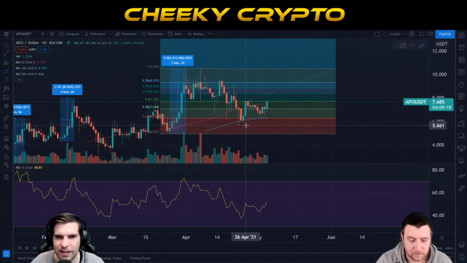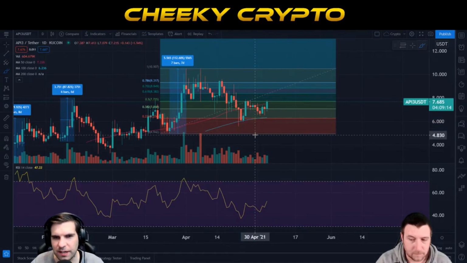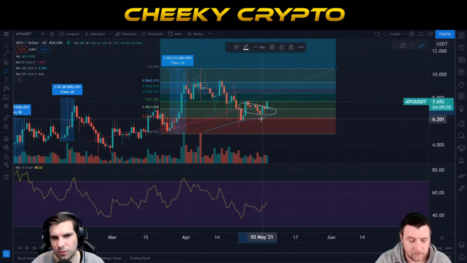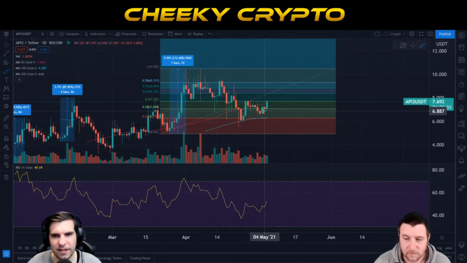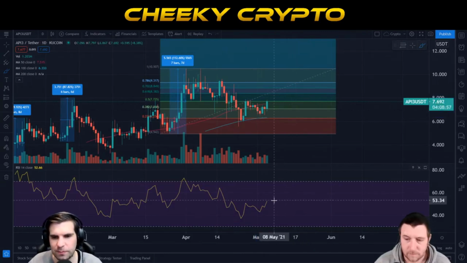Now, ultimately down here, we actually found good support on the 100 moving average just there. So that was good support. That pushed us right up to that upper limit where we found resistance up at the 50% retracement. Pulled back down again, heading towards the 236. But after that, and today, we pushed back up again into that 50% area there,